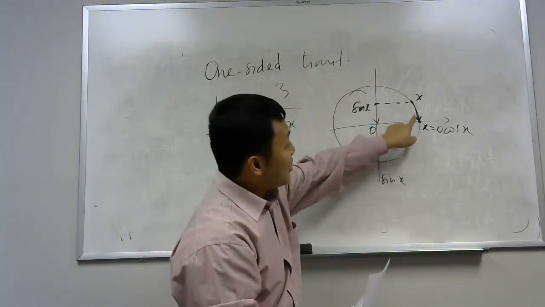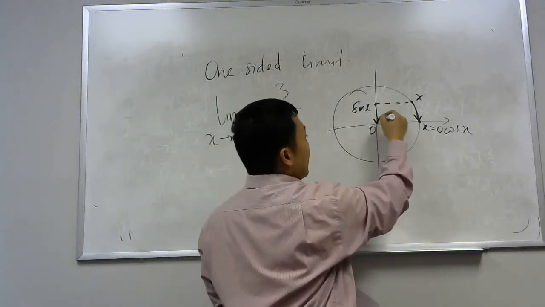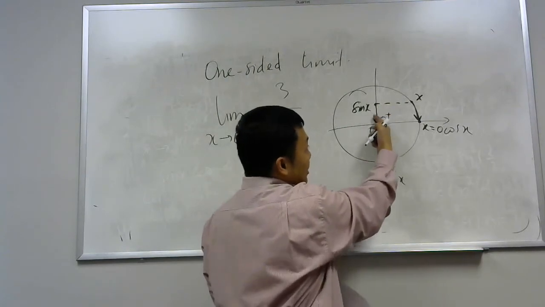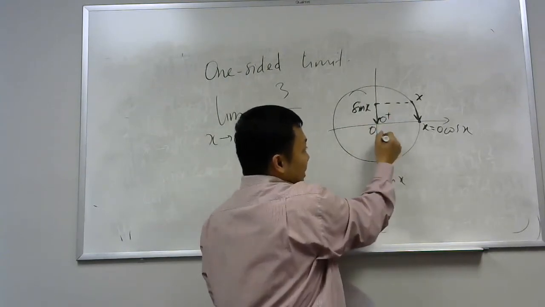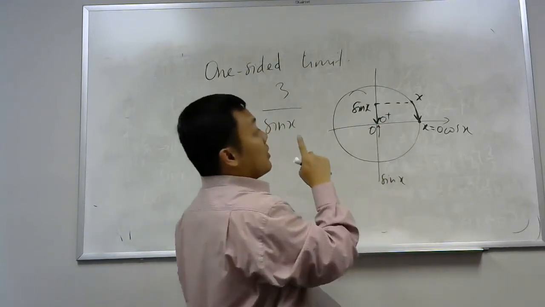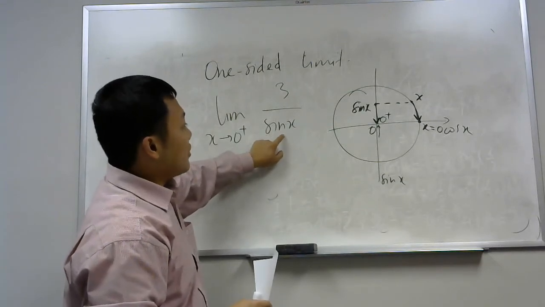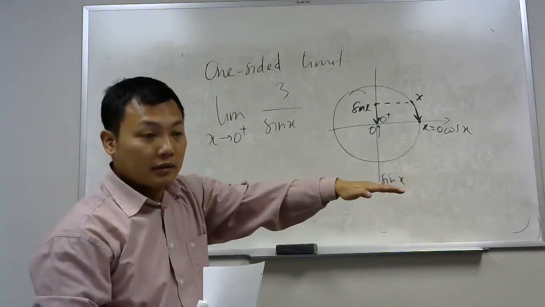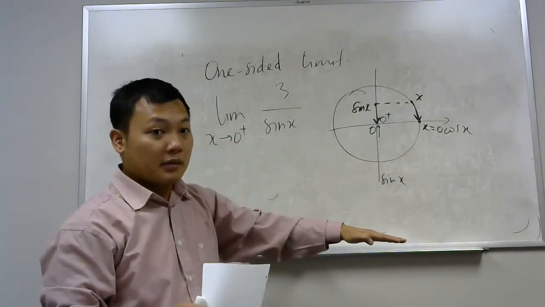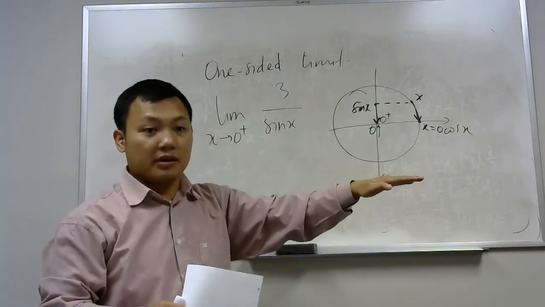But x approaches 0 from the right, and sine x also approaches 0 from the right, because it is always bigger than 0. In this direction, it goes to 0 from the left because it is always less than 0. So x goes to 0 from the right, sine x goes to 0 from the right. That means 3 over sine x will go to positive infinity